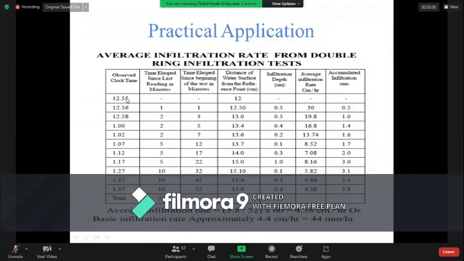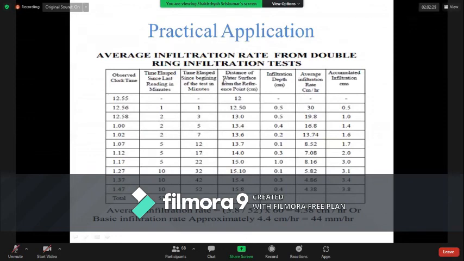It starts from 12:55. Now it's 12:56, so the time interval is 1 minute. After that, it's 12:56, the time interval is 2 minutes. Likewise, you can write the time interval. After that, time elapsed, the accumulated time. First, it's directly 1. Then 1 plus 2, 3. 3 plus 2, 5. Likewise,